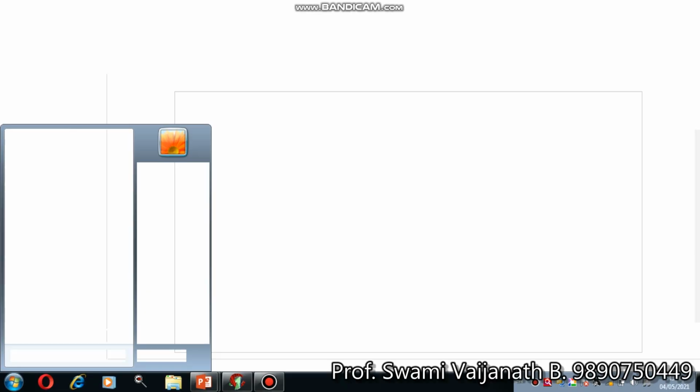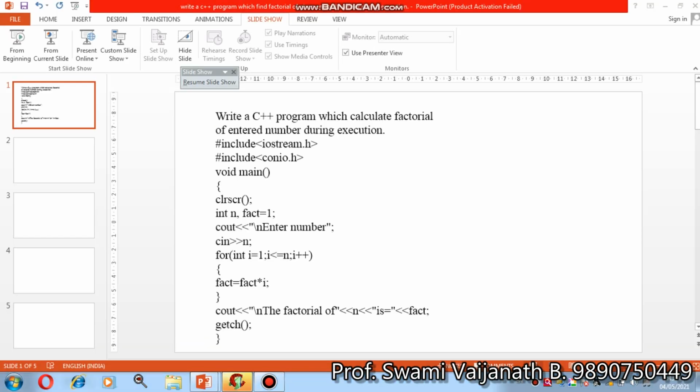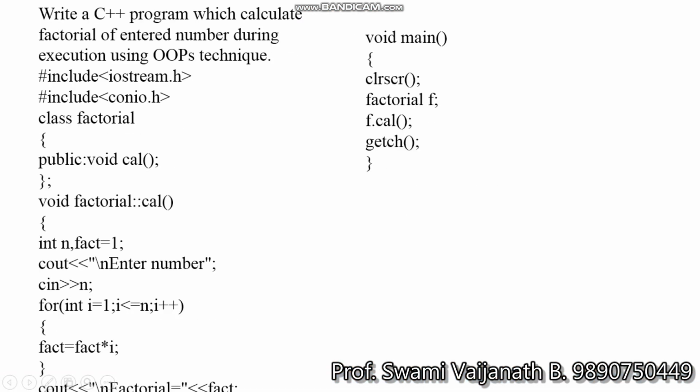After discussing factorial by a function, we go to the same program by the OOPS technique, that is, write a C++ program which calculates factorial of an integer number during execution using the OOPS technique. For the OOPS technique there are class and object. Class is a way to bind data and associated functions, so it has two members, data member and member function.